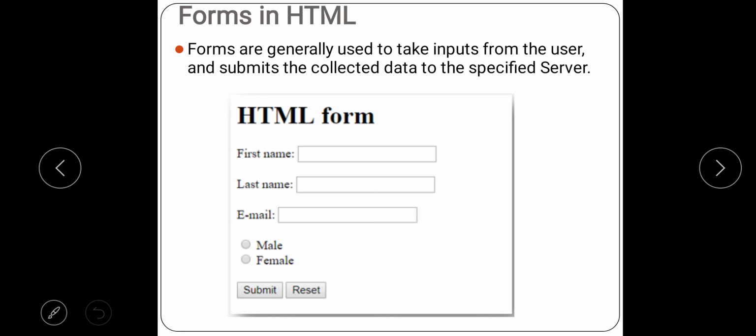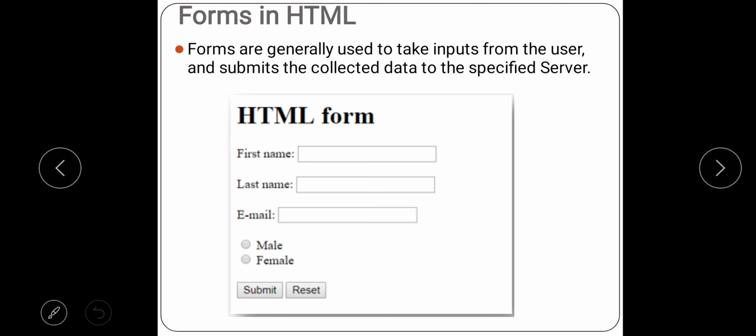But definitely there is an important property to make this function work. We will see later in detail. On the next line, you can see there are two buttons. On the left side it is the submit button and on the right side it is the reset button. So these are the two buttons which have some work to do. First we will see what a submit button is.